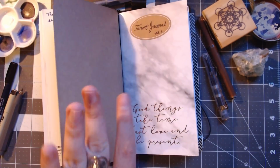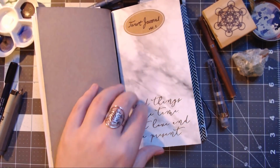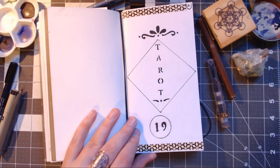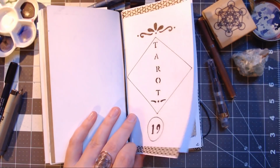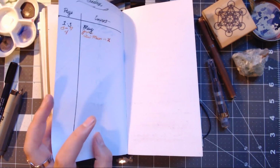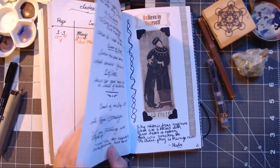I have a tendency to have bad anxiety or live in the past about things. So I got this and I decided to use this one as my tarot journal. So in here is all of my tarot journaling stuff. I don't typically do daily draws. I will do draws pretty often. And so when I do those, this I actually started earlier because I ran out of room in the middle